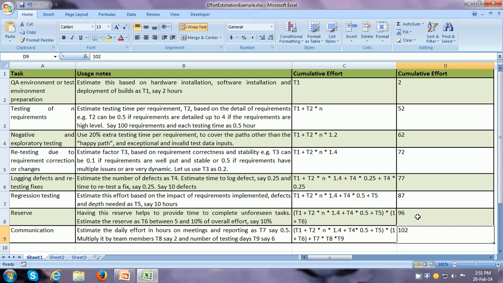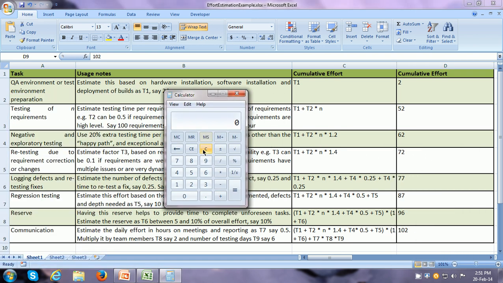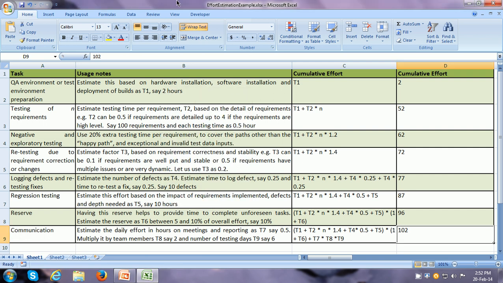So 102 is the final test effort estimate for this particular example, and we can match it by number of testing days because there are 2 testing team members. So 102 divided by 2 people, so it is 51 divided by 6 testing days. So each tester has enough work for 8.5 hours every day. So this is an example of the test effort estimation,